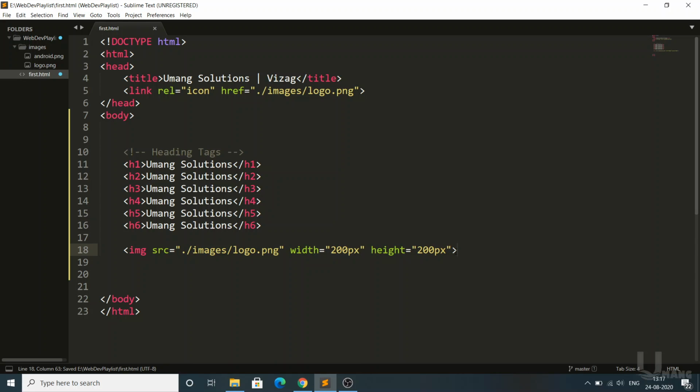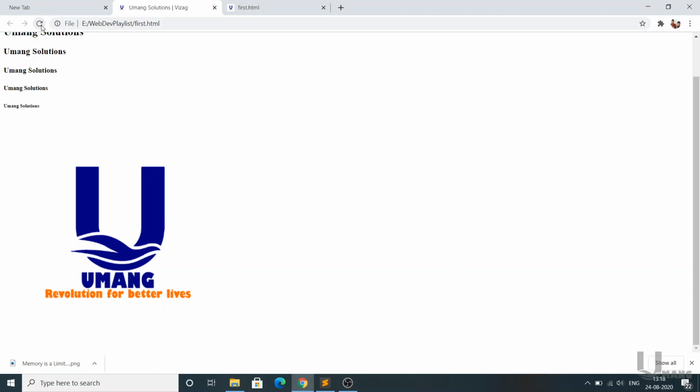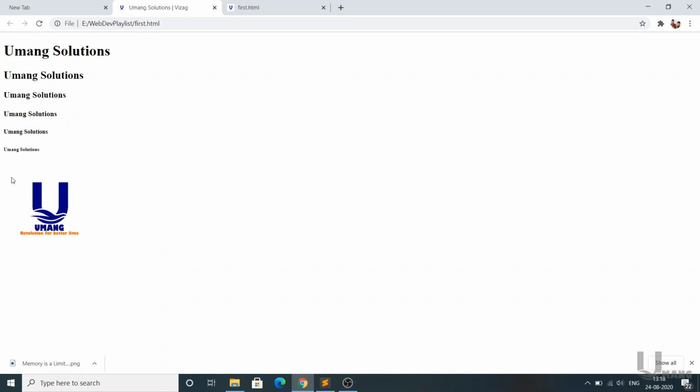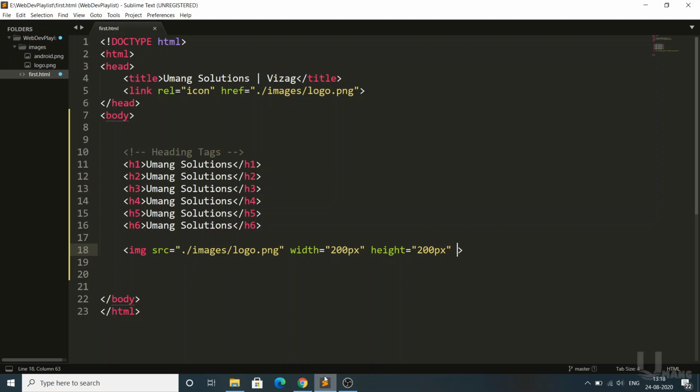There is no need to close the image tag here. There are some tags like the image tag and the break tag, which I will show you, that do not need to be closed. Now I'm just clicking on it. See, automatically the size got reduced. So we are hard coding that only this much size needs to be displayed. We are telling the image to compress. Okay, and you can observe here I gave it in the form of pixels, px. Pixels are represented as px.